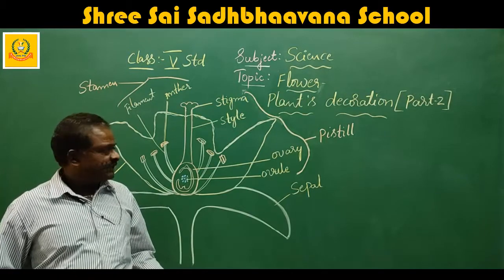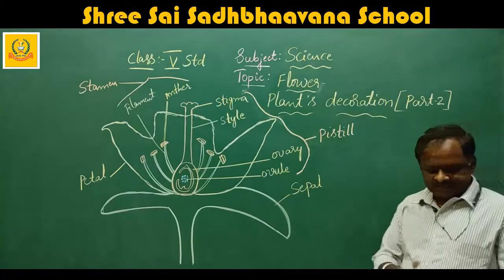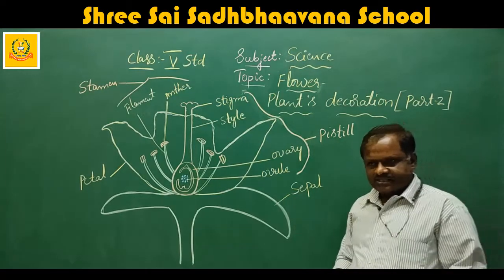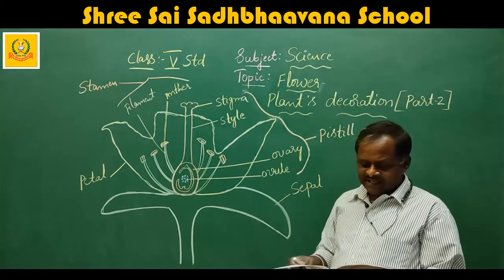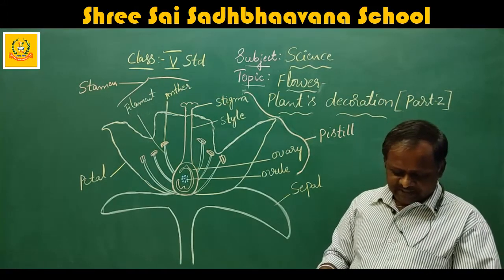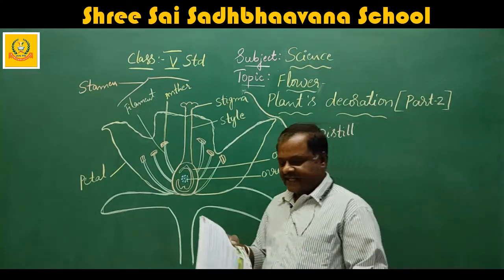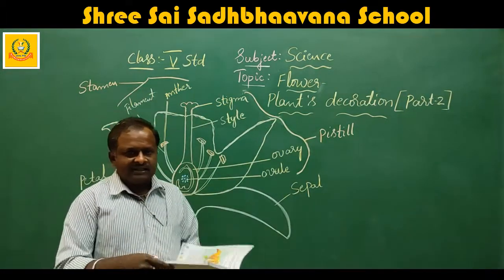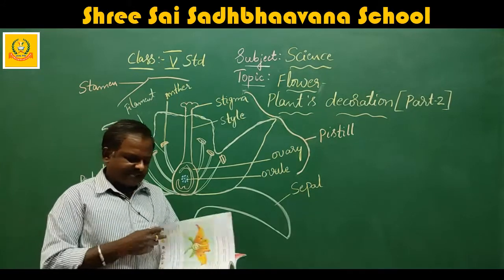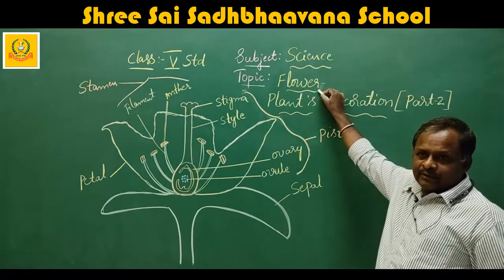In this session, we will learn more about this flower. In the last class, I explained what the characteristics of plants are. Once again, I will repeat: movement, breathing, sensitivity, life cycle, food, reproduction, and excretion. These are all the characteristics of plants. When you come to the flower, in this chapter, this is the important topic we have to learn.